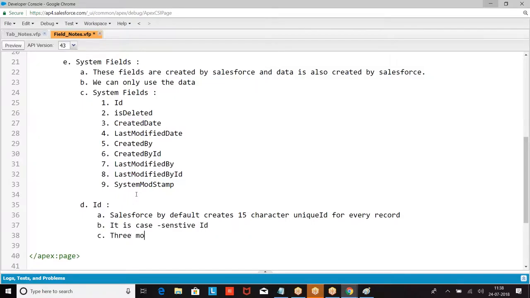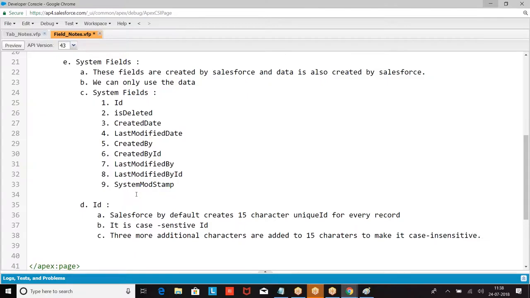Three more additional characters are added to the ID to make it case insensitive. So generally what we use is the 18 character ID to refer to the record.